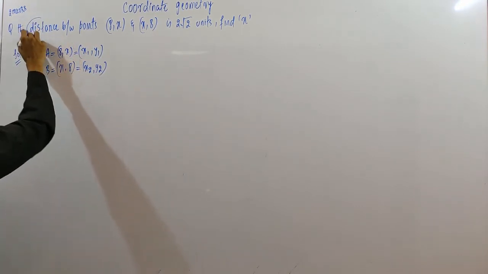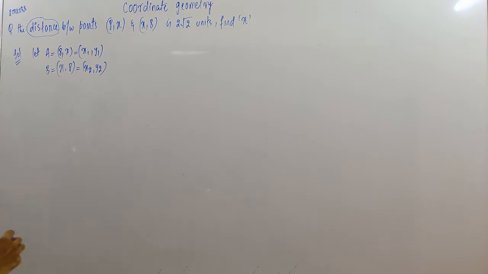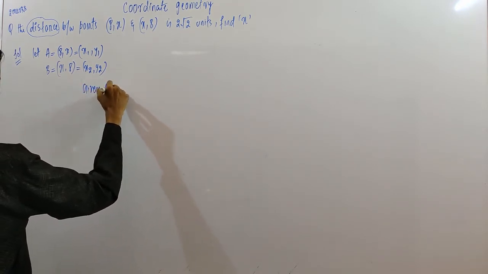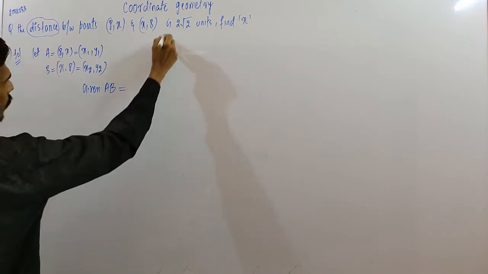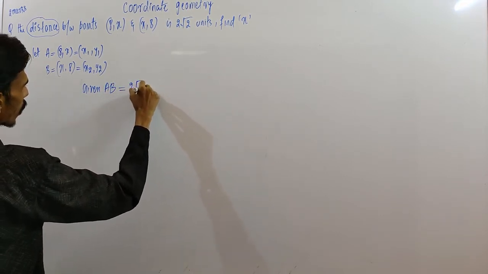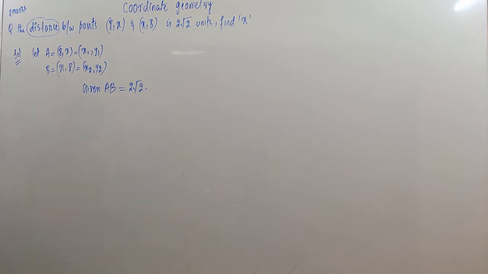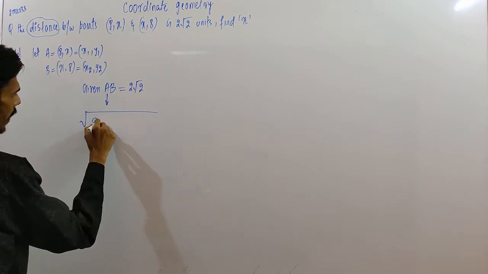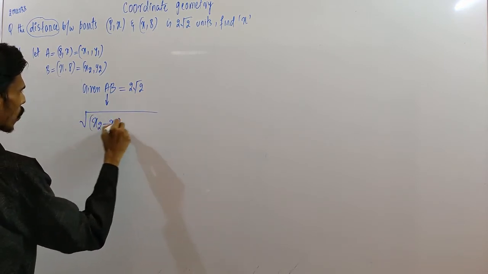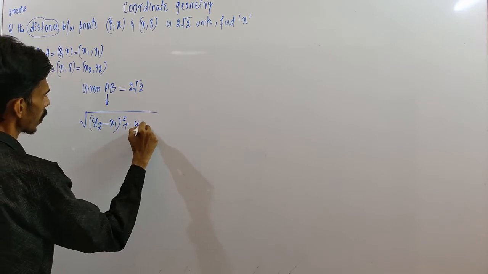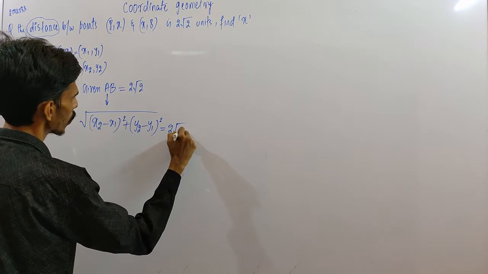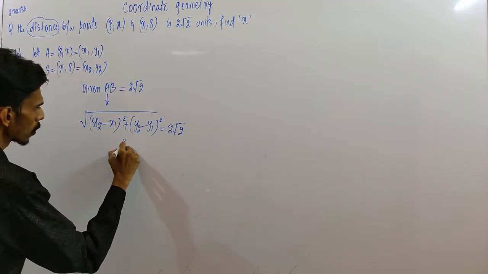The word distance is mentioned, so take the distance formula. Given distance AB is equal to 2 root 2 units. Here AB denotes the distance between points A and B. Now the formula for distance is square root of x2 minus x1 square plus y2 minus y1 square is equal to 2 root 2. Now squaring on both sides